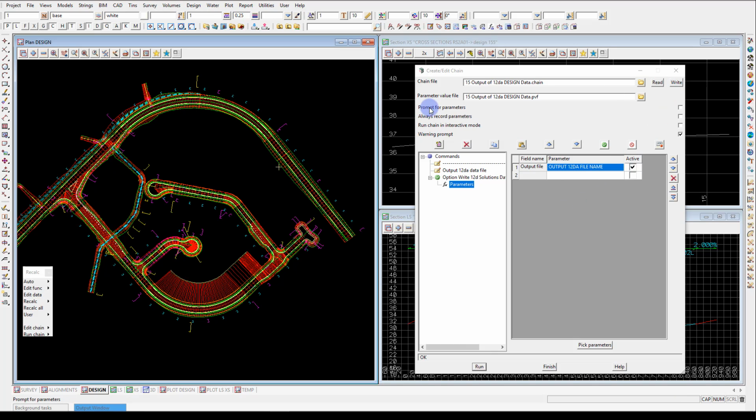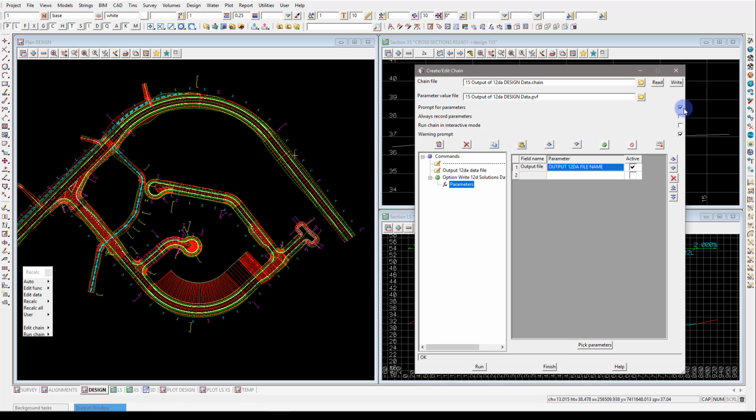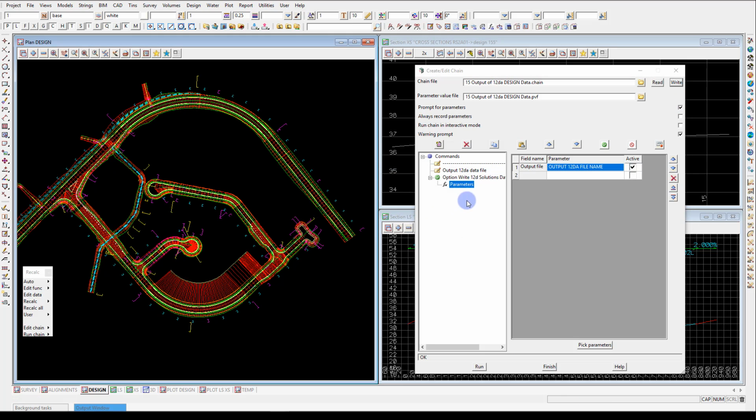And this is where this prompt, there's two ways to do it. There's a prompt for parameter tick box here. Tick box to turn that one on, prompting it. So I'm going to save that. Now, if I run it with the chain open, it actually won't prompt because we've got access to the value